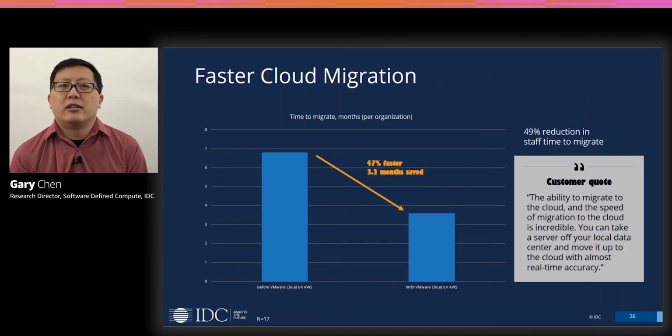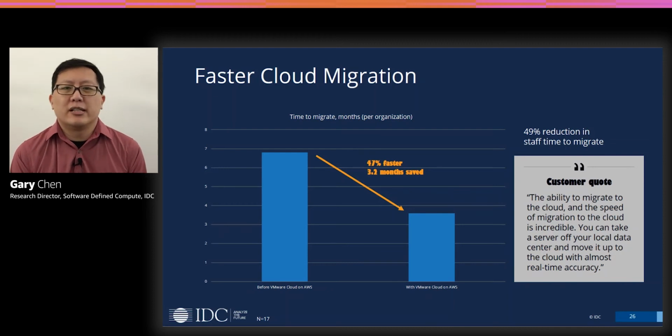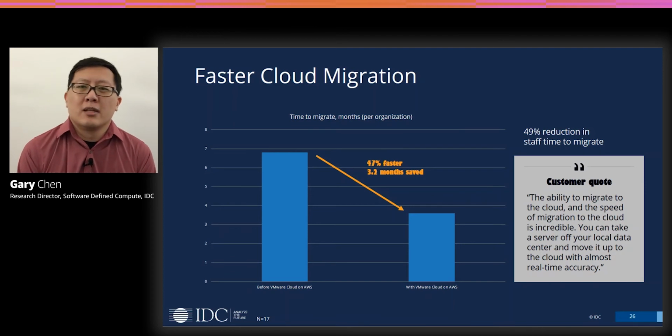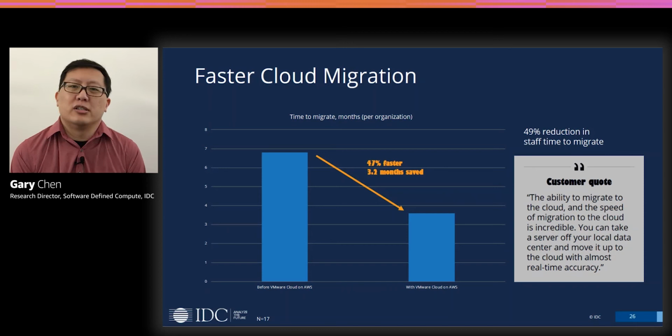So first, in the area of migration, which is obviously the first step in moving to the cloud, IDC found that customers were able to migrate workloads to VMware Cloud on AWS more quickly and with less staff effort. So we saw that migrations happened 47% faster, which shaved 3.2 months off the total migration time. And IT staff were able to do it much more efficiently with a 49% reduction in the staff time required